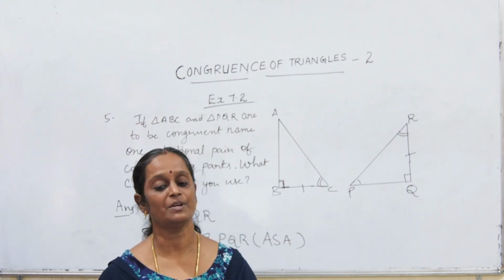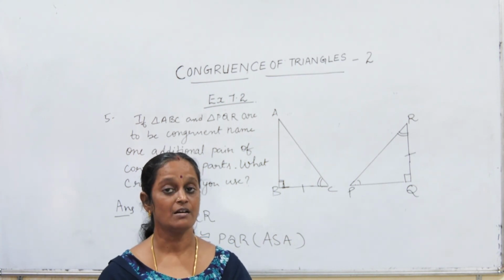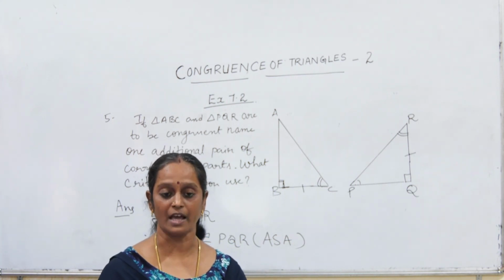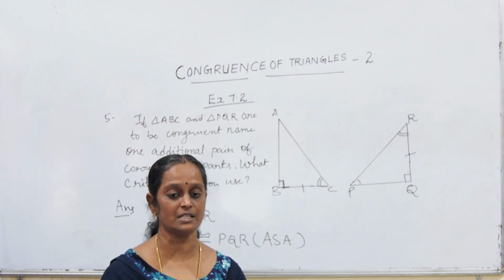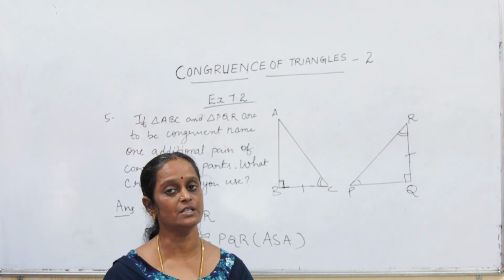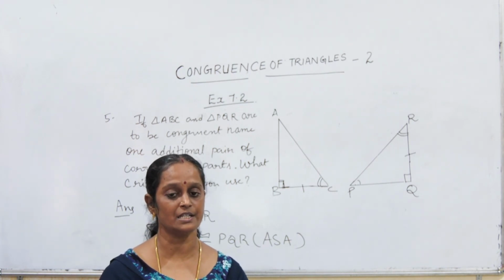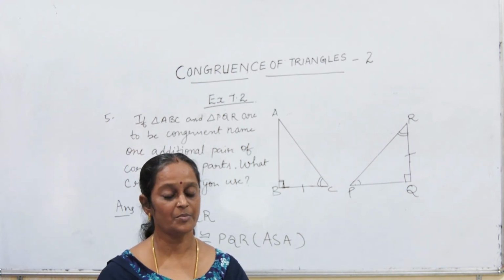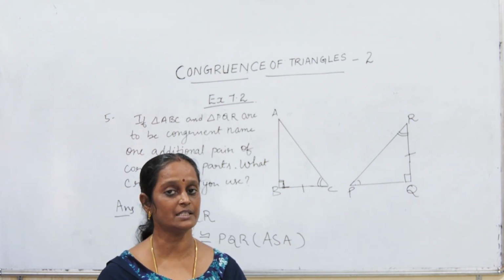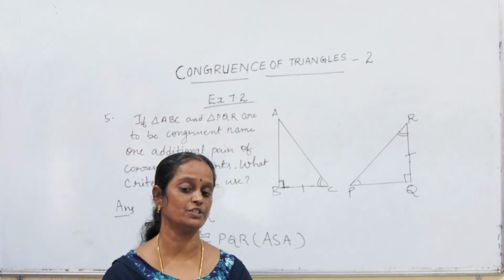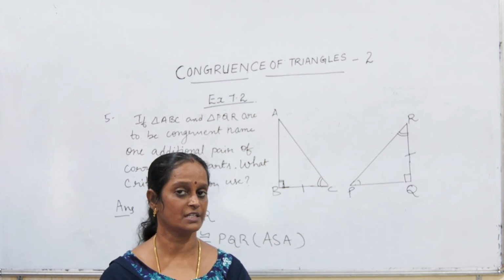Students, in this class we have learnt about the geometrical idea, congruence, and congruence of line segment. We have learnt congruence of angles, congruence of triangles, and so students, we have also learnt some of the congruent criterion, that is SSS criteria, ASA criteria, SAS criteria and RHS criteria, and we have solved some of the questions based on these four criteria.